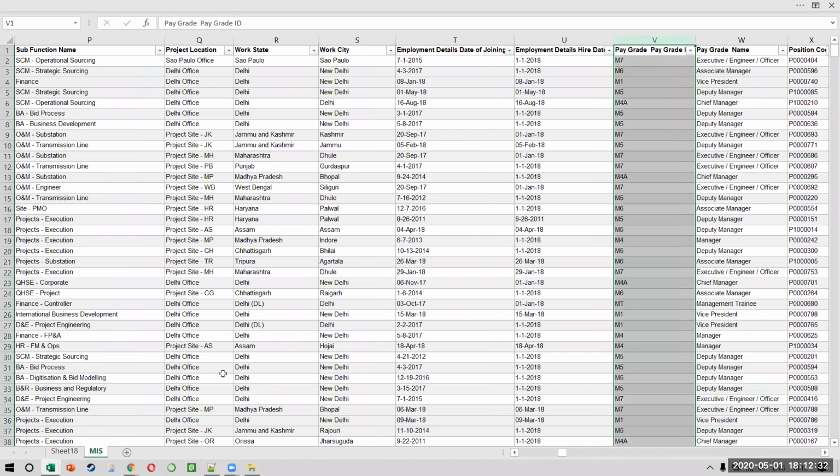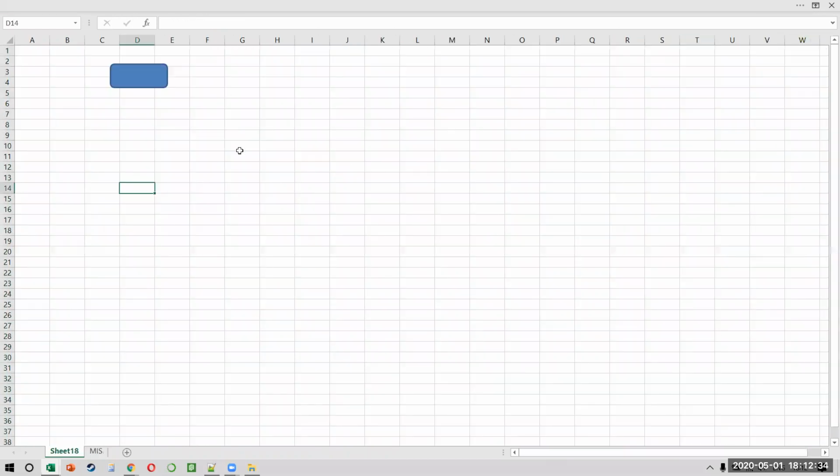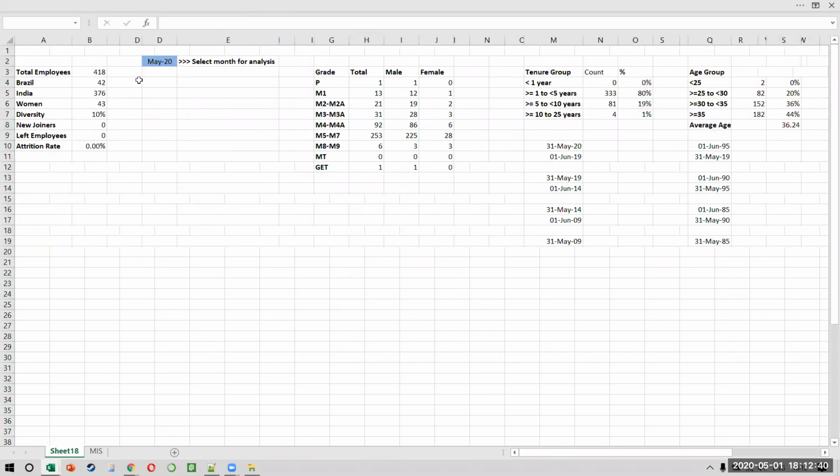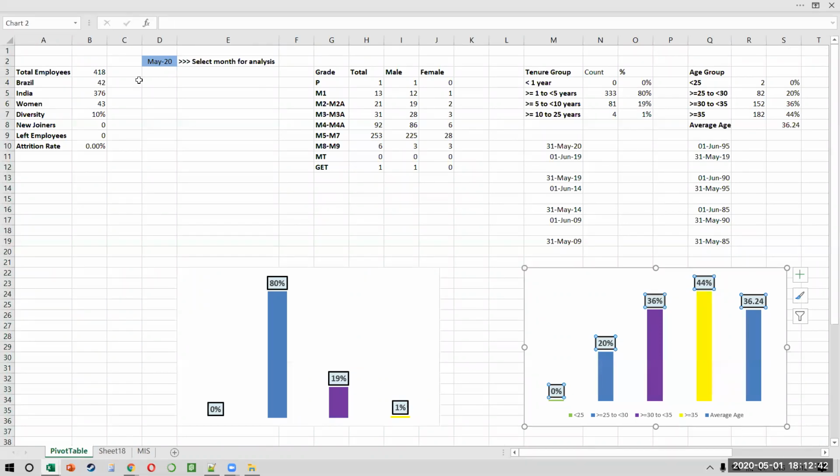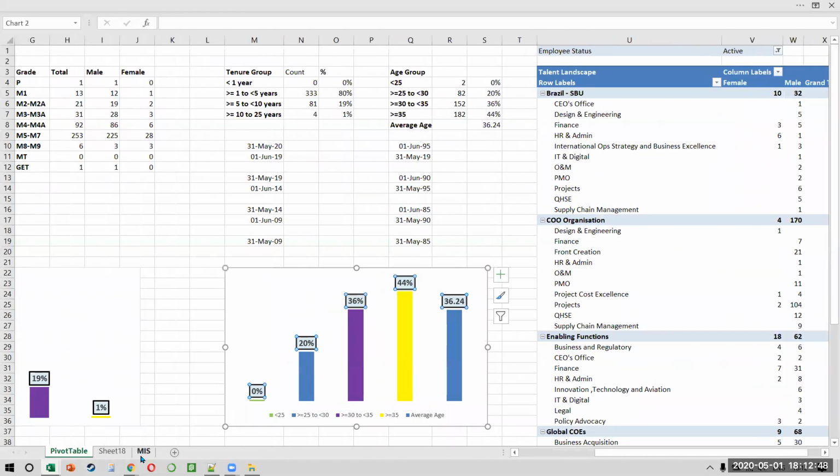Yeah. What was my solution? I said, I've already created all the pivots for you. You just click on one button, just see how it works, okay? I click on one button and it automatically creates my entire dashboard for me. A 2-day task has now been reduced to 5 minutes because you don't have to do anything. You just copy your new data in this MIS sheet and click on that button.